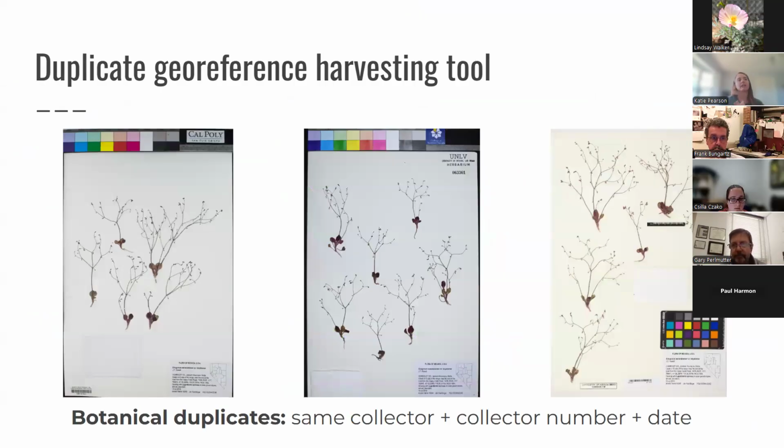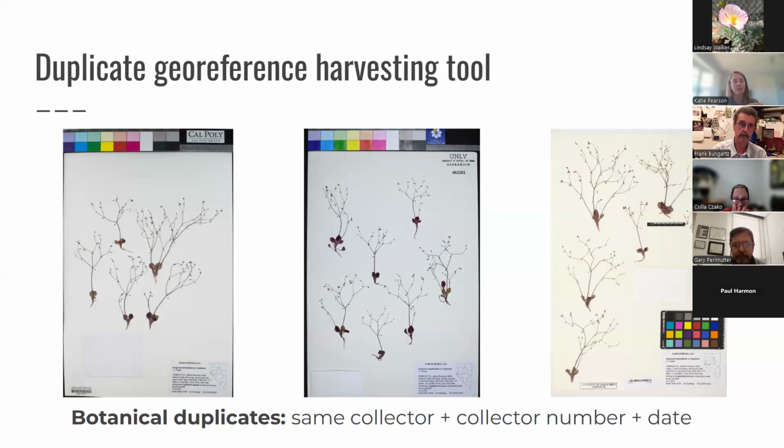Okay, so let's start at what is the purpose of this tool broadly. First of all, for any of you who are not herbarium related folks, this tool is based on the idea of botanical duplicates. Creating duplicate specimens has happened for many hundreds of years. As long as people have been collecting plant specimens and lichen specimens and fungi specimens, they have often been collecting duplicates, which is a specimen of the same taxon collected at the same place at the same time